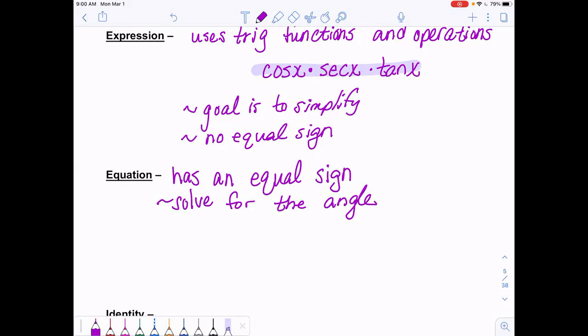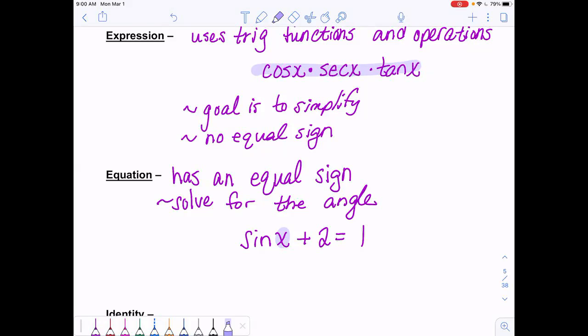So a trig equation might say the sine of x plus 2 equals, I don't know, maybe a 1. It has an equal sign, and we're going to solve for the angle. Well, in this case, the angle is x, but we will be solving for the angle, and that would be section 5.3. So with an equal sign, we are going to be solving that equation for the angle and finding specific